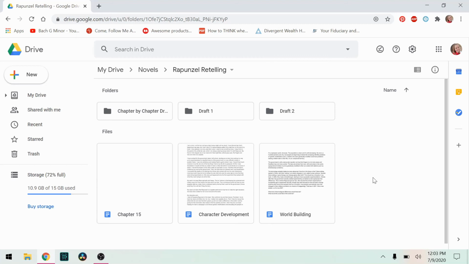I was considering sharing the chapter by chapter folder with them so that all of the chapters are in their own individual document. And so my first question for you is, would that be really annoying to you to have to switch to a new document for every chapter? My chapters are usually between 3,000 and 7,000 words, so they're not super short, but you would still have to switch out of what you were reading and move on to a new document in order to get to the